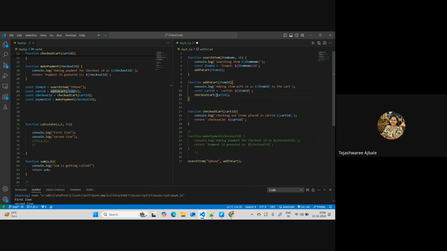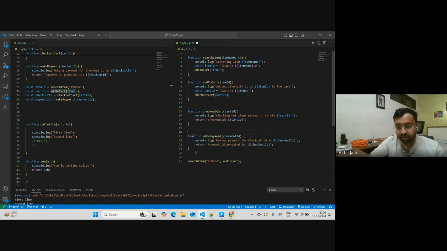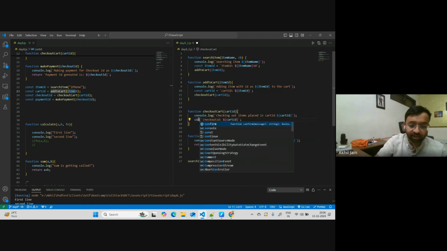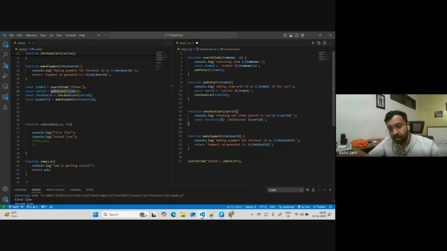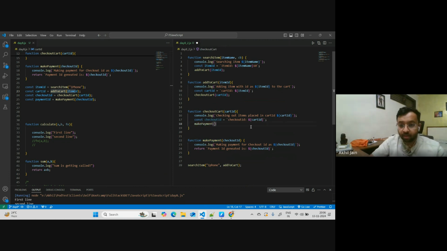Yes. I can do this, right? And let me bring this also into the picture now. If I want to do the same stuff here also, I can do the same stuff here also, right? I can say const checkoutID equals this ID, and I will call make payment with checkout ID, right? I hope everyone agrees. I can do this,